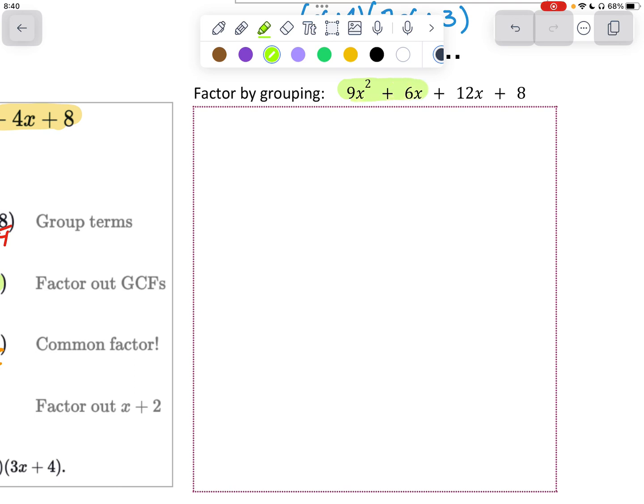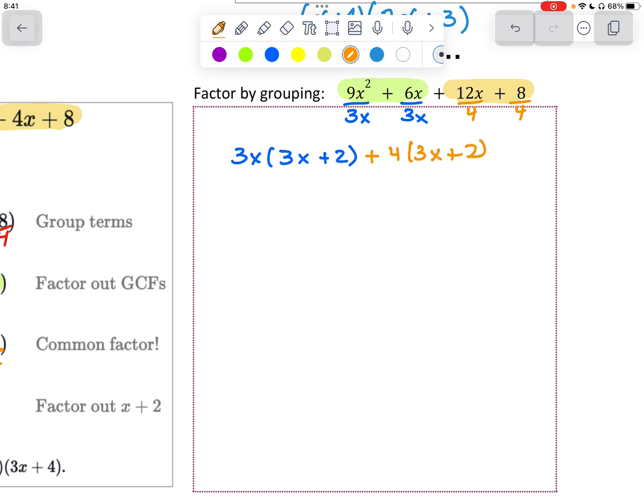So we want to group the first two terms together, group the second two terms together, and out of the first two terms we see that they have a 3x in common. And then out of the second two terms we see that they have a 4 in common. So then when I factor the 3x out of the first two terms, that leaves me with 3x plus 2. And then when I factor the 4 out of the second two terms, that leaves me with 3x plus 4